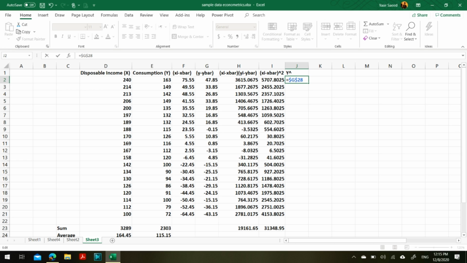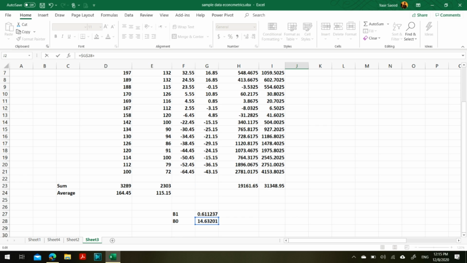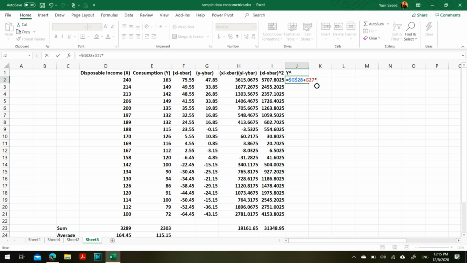So I have fixed the value of G28. Then according to the formula, beta naught plus beta 1, and here is the value of beta 1, then multiplied, we use asterisk for multiplication, multiplied by